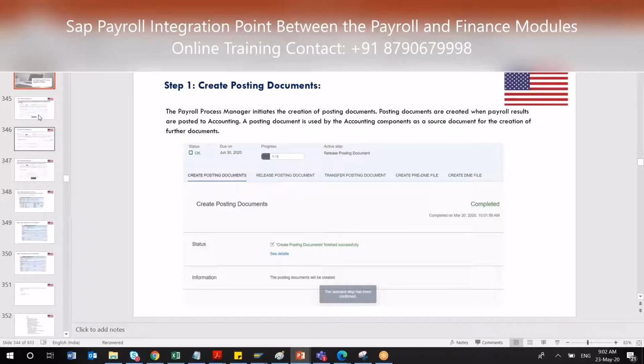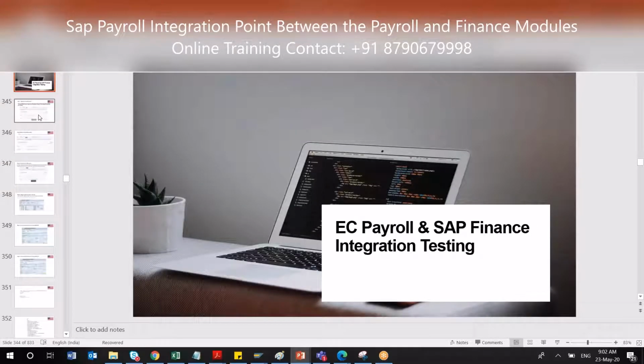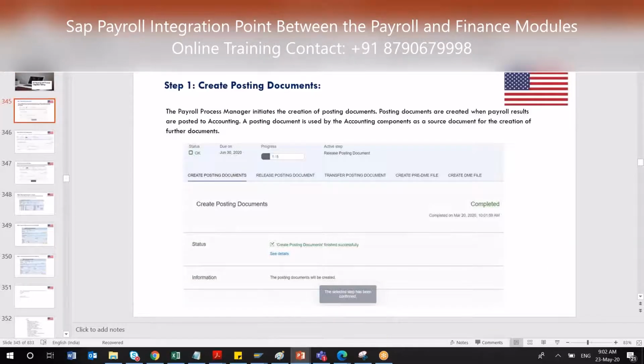Yeah. So from a payroll control center or EC payroll point of view, this is what I have discussed from an on-premise payroll point of view, meaning how you do things in the on-premise payroll. This is a revision for you, of what we have seen in the finance posting. The first step was creating a posting document, then releasing a posting document, and then transferring a posting document. Whenever I run this program, say create posting document, in the backend the PC00 M99 CIP program will be running. Once it runs successfully, the posting document will be created.